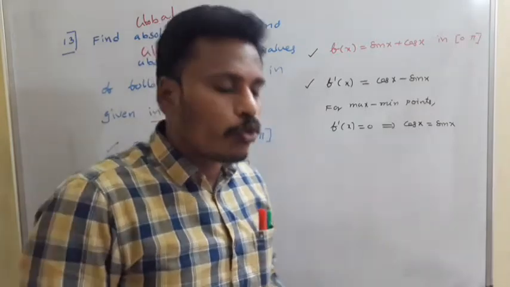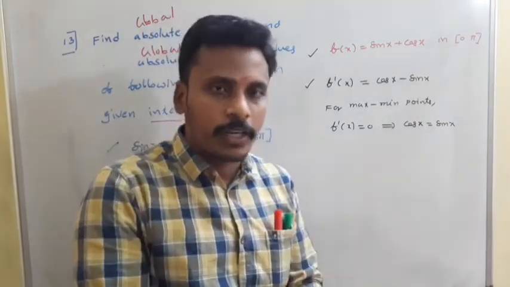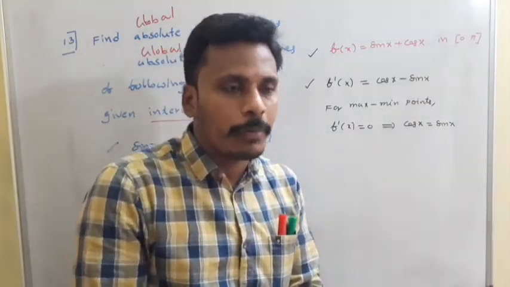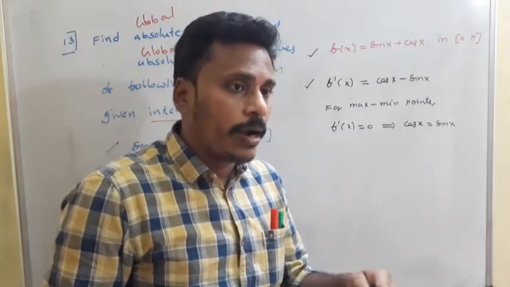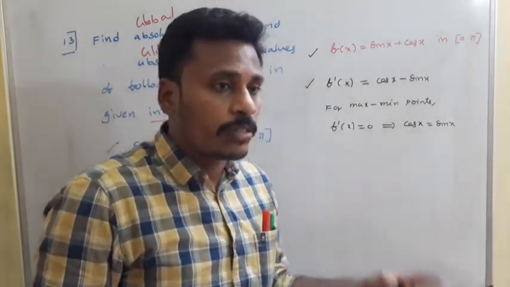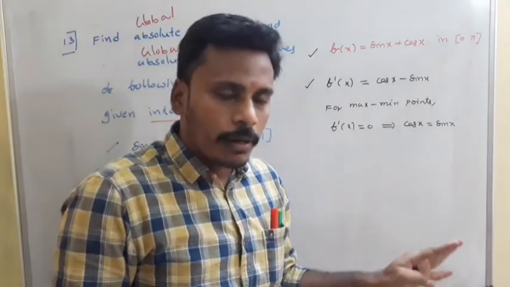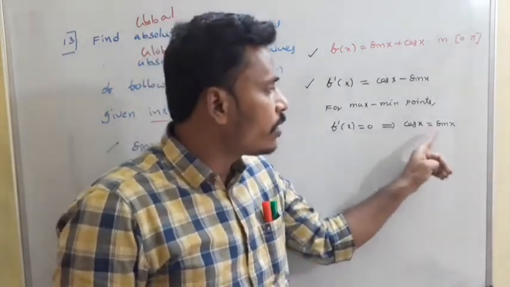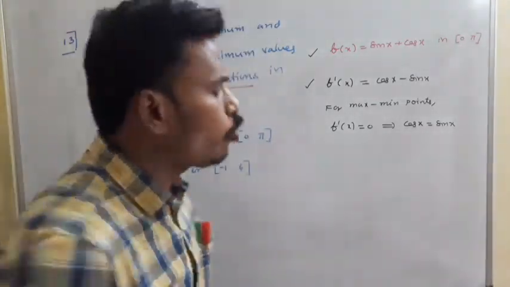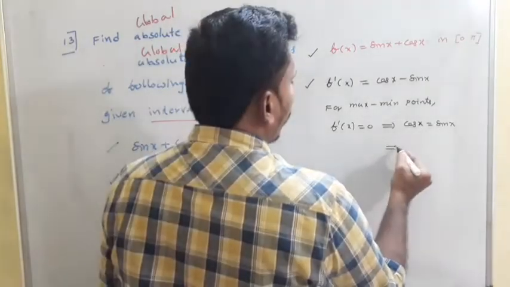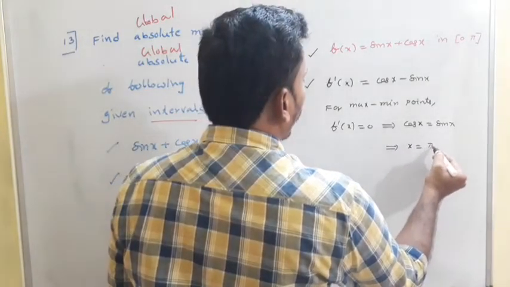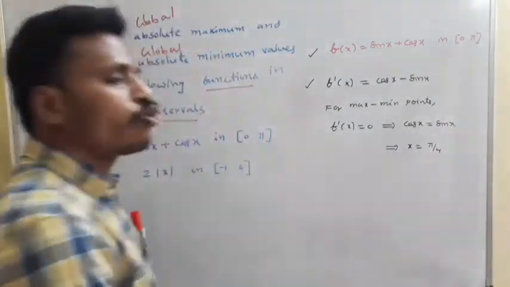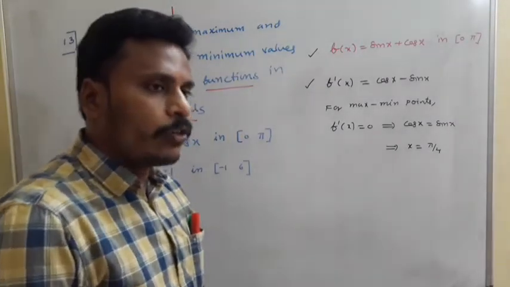And we know that 0 to pi means the first quadrant as well as the second quadrant, right? 0 to pi by 2 and pi by 2 to pi. But in the second quadrant, sin is positive whereas cos is negative, so these two cannot be equal. Since these two are equal, for sure you get a value in the first quadrant, and that value is clearly pi by 4. So x is equal to pi by 4. There exists only one value, right?